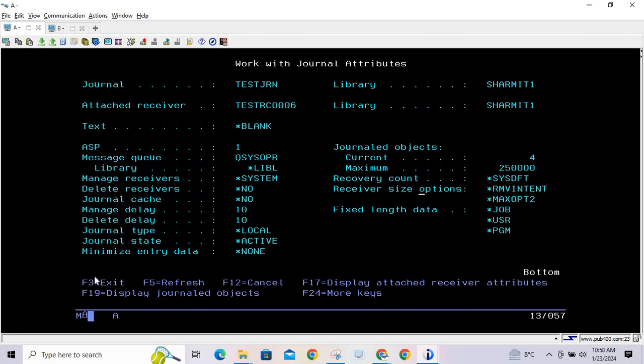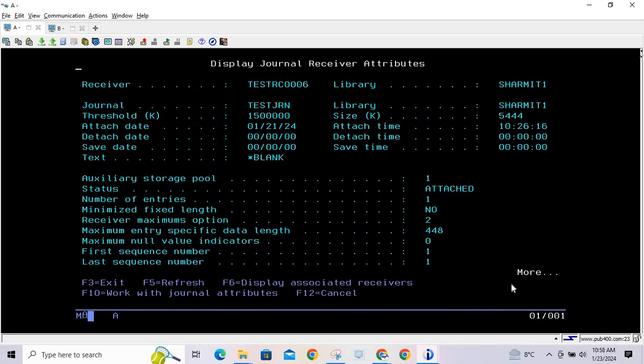So just read these functions, and you can explore each and every function key because this is very important. F3 is for exit, F5 for refresh, F12 for cancel. This is the operational thing. Then we have F17 to display attached receiver attribute. F17 means you can simply press Shift F5